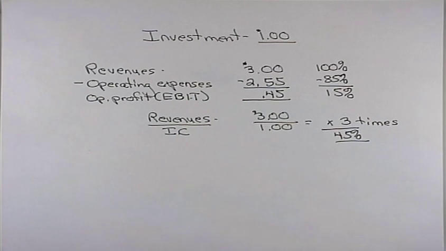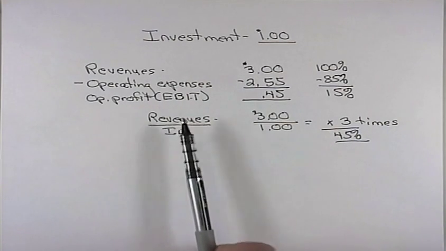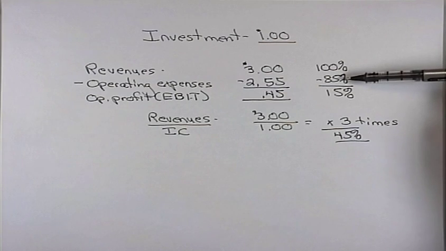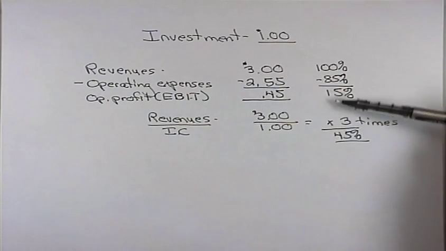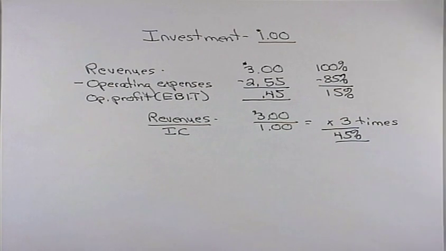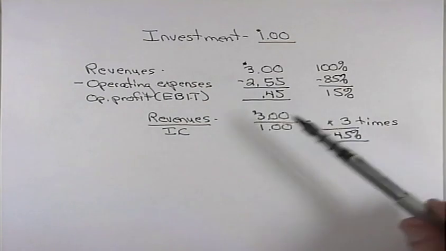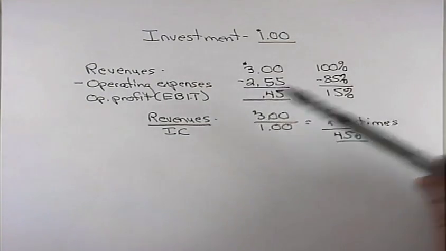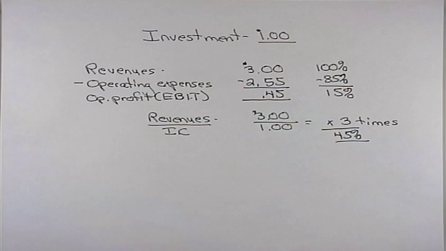So if I'm in management, my focus primarily, at least the most important part, is generating more revenues. And secondarily, controlling my cost. Because that increase has more power as long as I can keep my cost in the same relationship that they've been per dollar in the past. So we're going to focus on both of those things. And we're going to look at an analysis, a way to take those two ratios, put them together in what's called an ROIC tree,